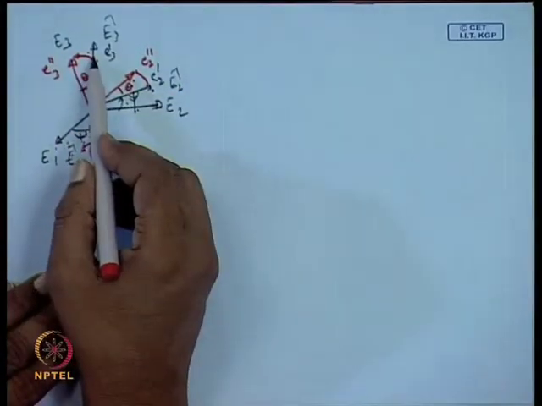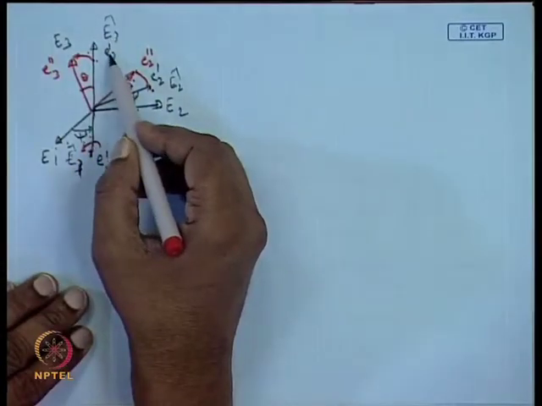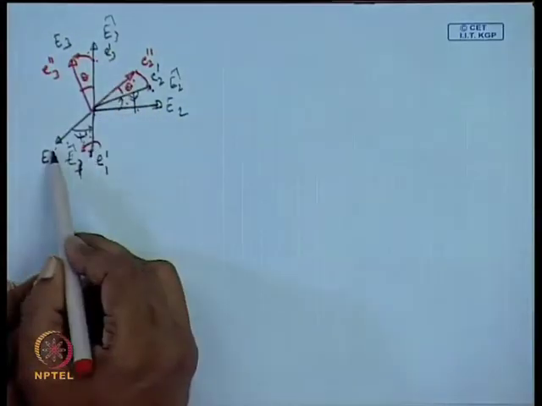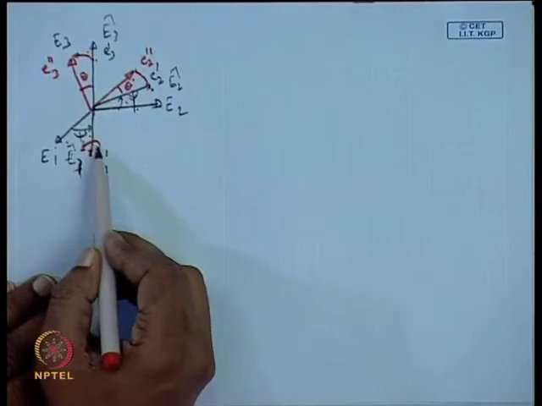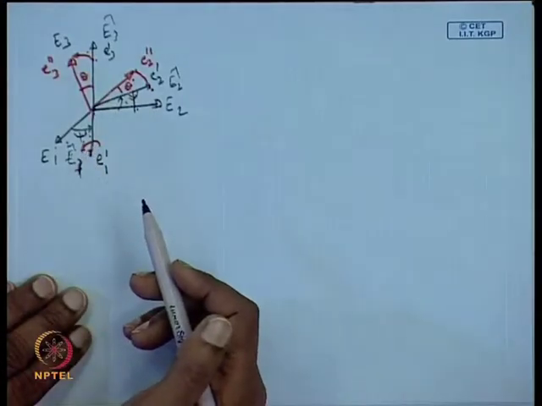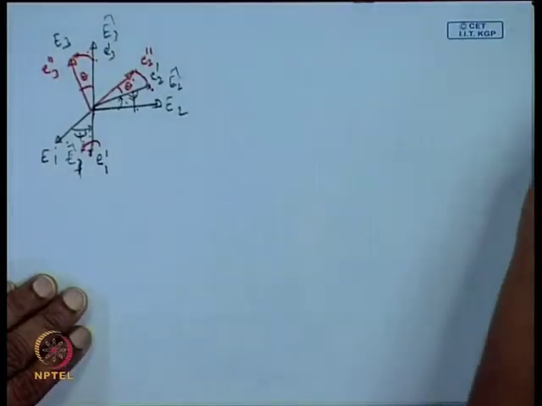And you see that they are not in the same plane. First we rotated about the z axis, then we are rotating about E1, where E3 axis is serving as the z axis here, and E1 is serving as the x axis. So, next we are rotating about this axis. Okay.